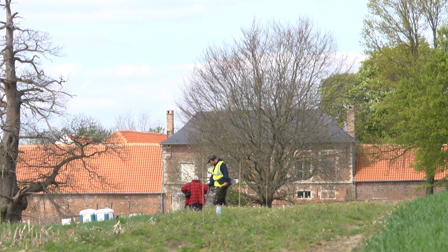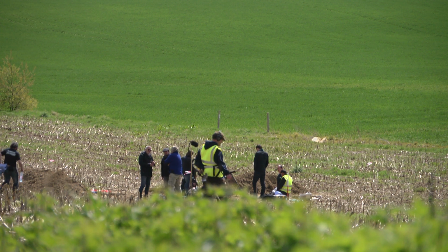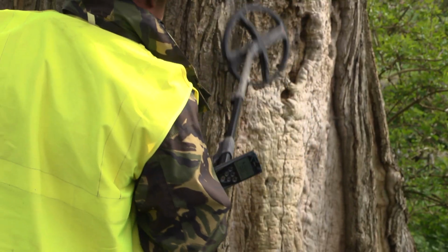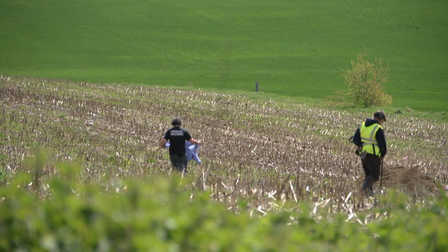Over the past few days, our understanding of Hougoumont has come on leaps and bounds. It was only ever our intention to do an evaluation here, just to take a bite at things and see what the character of the archaeology was. But I think we've gone slightly further than that at this stage. And I think particularly with the metal detecting, we've been working down in this stubble field for the past 3